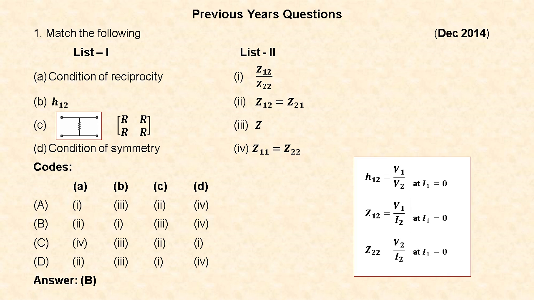And third one, they have given a resistance. Suppose you assume this network as a T network, with R1 and 0 on both the upward resistors. That is, by considering this network as a T network with the resistors on both sides as 0 ohm, we will get this R matrix, which is the Z parameter of this network. So 3 is valid. Next, the condition for symmetry is Z11 is equal to Z22. Hence option B is correct.